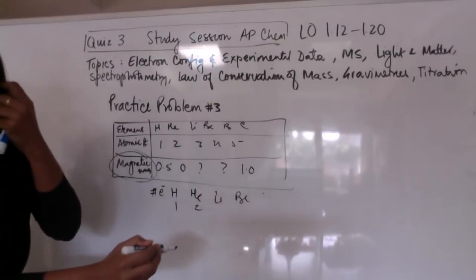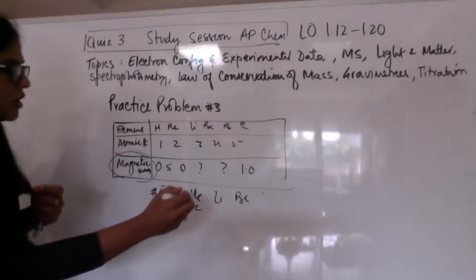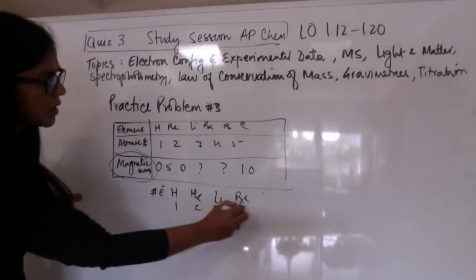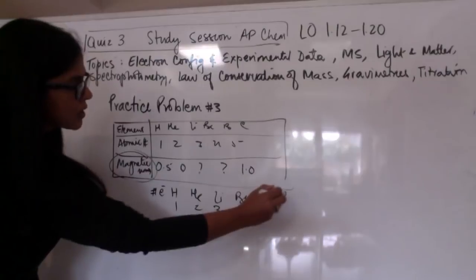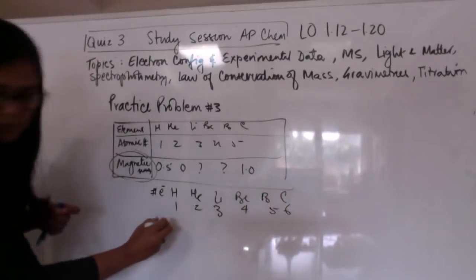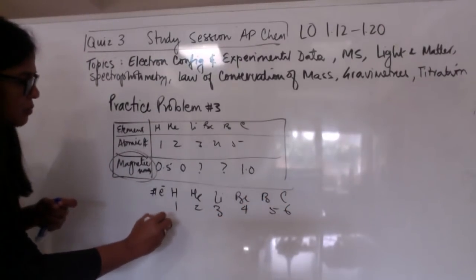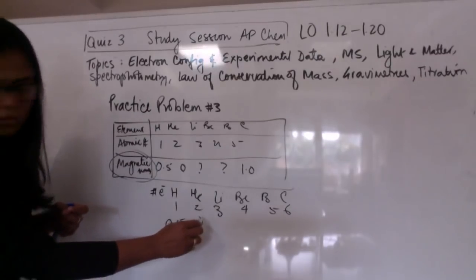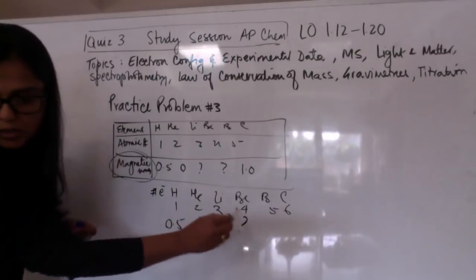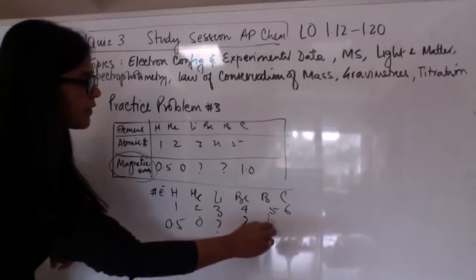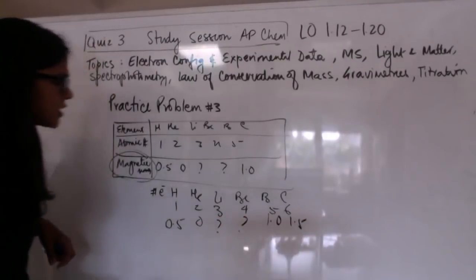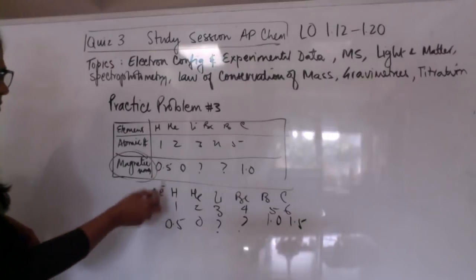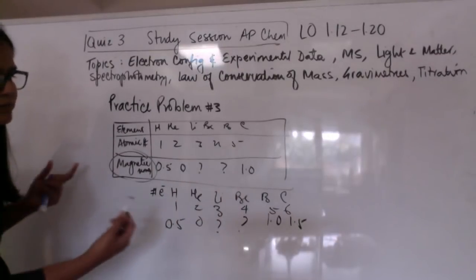And for lithium it is given to you 3, 4, boron, carbon 5, 6, right? And magnetic moment given here is 0.5, 0, and question mark, and 1 and 1.5. Now you know it's got something to do with electrons, because that's the only data point